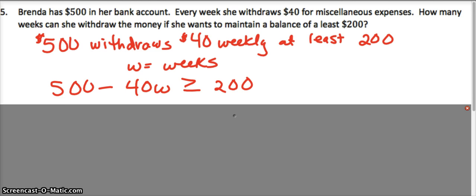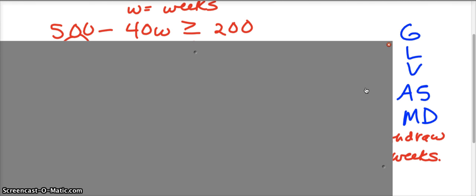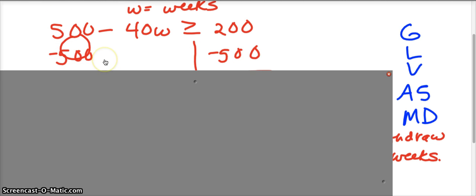Now solve the equation. This is where we left off. Again, I made the steps over here on the side. Grouping symbols, like terms, variables on both sides, add or subtract, multiply or divide. No grouping symbols, no like terms on one side of the inequality, no variables on both sides, so we have to add or subtract to make a 0. The way to add or subtract to make a 0 is to get rid of this 500 by subtracting 500